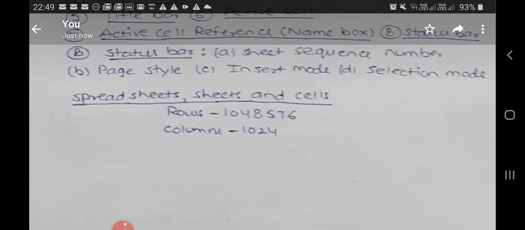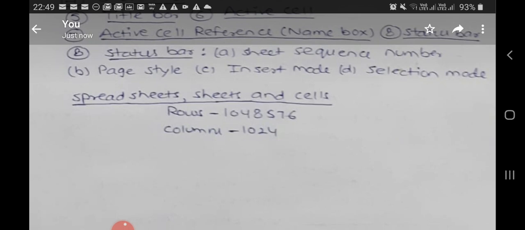Next one is unsaved changes. This icon indicates if there are any changes that have not been saved. Double click on this icon or use the File, Save option to save the spreadsheet. Now, information: if any part of the Calc window is not shown, you can display it by using the View menu. For example, View menu and Status Bar on the main menu bar will toggle. There are two options, show or hide the status bar.